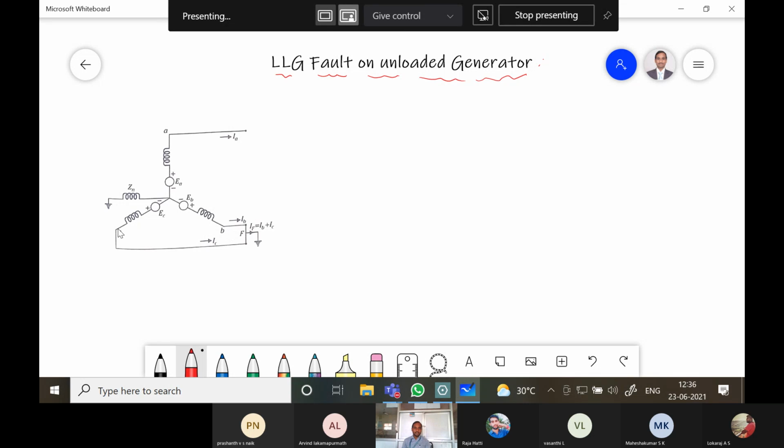In this, B phase and C phase are shorted. So that is, double line is shorted with ground. Okay, so this is called an LLG fault. The fault has occurred here. So, double line to ground fault. The line B and line C are shorted with respect to the ground. Therefore the fault current flowing in the ground is the summation of the total current, IB plus IC. Okay, so now you need to write the terminal conditions for this.